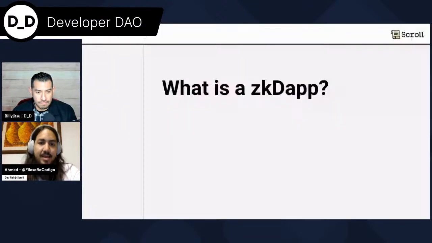I think give Scroll this space to talk about this topic. I think it's super interesting, something that I really like. And yeah, let's just get started with Applied ZK and how you as a developer can do privacy apps on Scroll, and why you want to do it on a layer 2. So let's start from the basics, like what is a ZK dApp, and maybe if you're familiar with